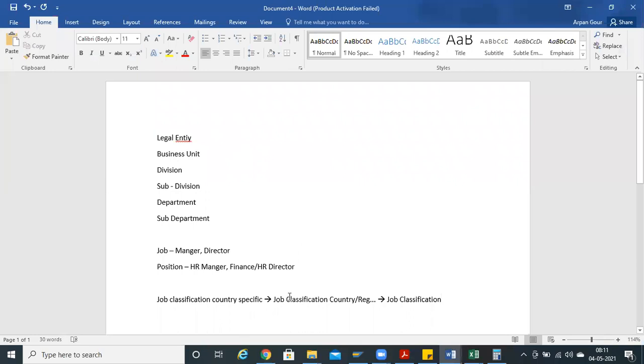So are you getting the difference? We are just linking the country specific to here. In legal entity, the parent is directly associated with legal entity India or USA. But here a middleware is coming. Here you are associating the country specific MDF objects, then this is only for job classification. With this you are associating it to the main job classification. So you got the linking, or any doubts in this?